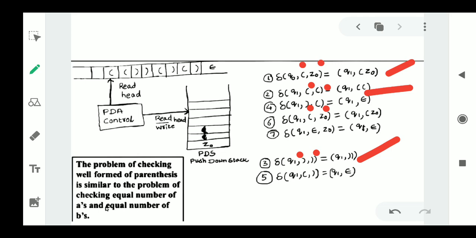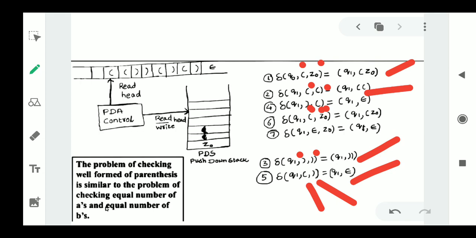From there onwards, what we will do is, if a different input symbol is encountered, see here, if the input is a right parenthesis and the top of the stack is a left parenthesis, we will pop that. This is how we are going to perform. The fifth step is, if the input symbol is a left parenthesis and the top of the stack is a right parenthesis, then also we will perform the pop operation. The only thing you need to remember is that in the beginning we must get a left parenthesis only. There is no possibility of getting a right parenthesis in the beginning, because we will not get a well-formed parenthesis string if it begins with a right parenthesis.